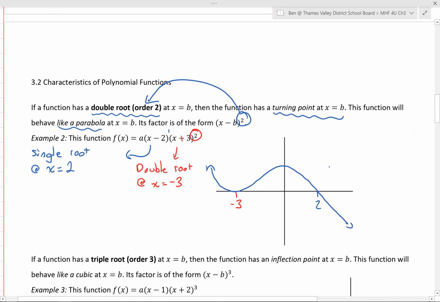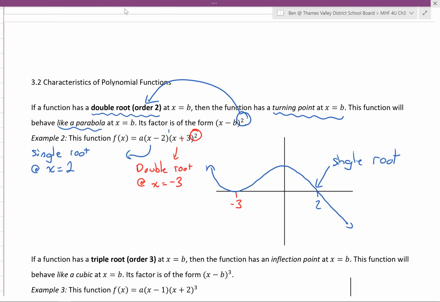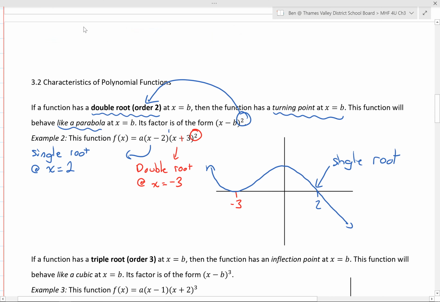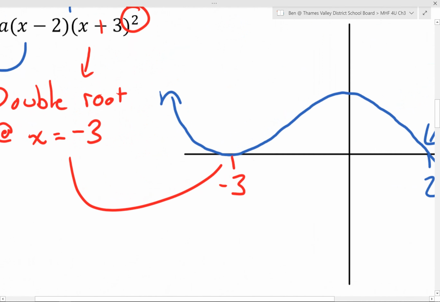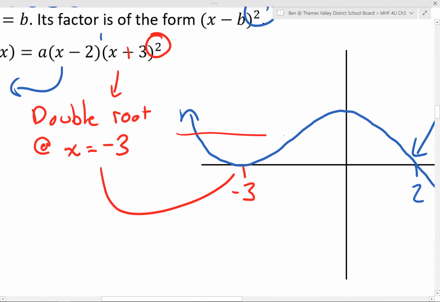Okay, so we see a single root here where it's crossing. Single root. Again, we're talking about the behavior of the function at the root. Whereas the other one is clearly a double root because of how it's behaving. If we zoomed in all the way right here, then we would see it